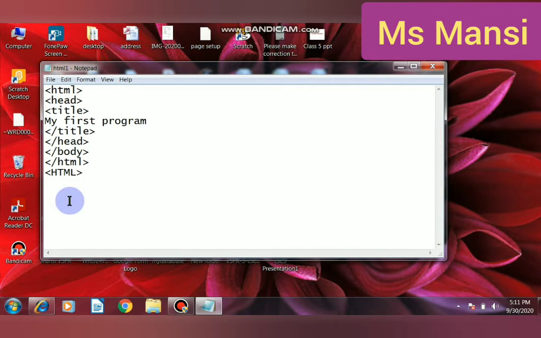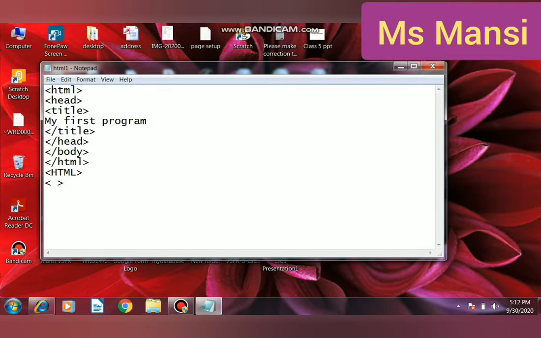The HTML tags or commands are inserted before and after the text. Each tag giving a special instruction begins with a less than sign and ends with a greater than sign.